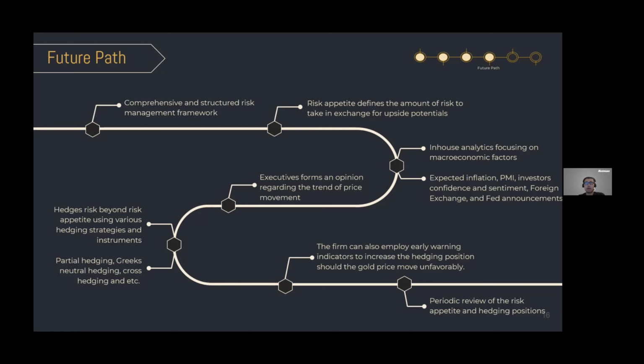Such factors might include the expected inflation, the PMI, investors' confidence and sentiment, foreign exchange, and also Fed announcements. All those factors might play a role in the price movement of the gold in the near future. After thorough analysis and discussions, the executive team should form an opinion regarding the trend of the price movement in the near future. Based on this trend and also their risk appetite, the management team should hedge the risk only